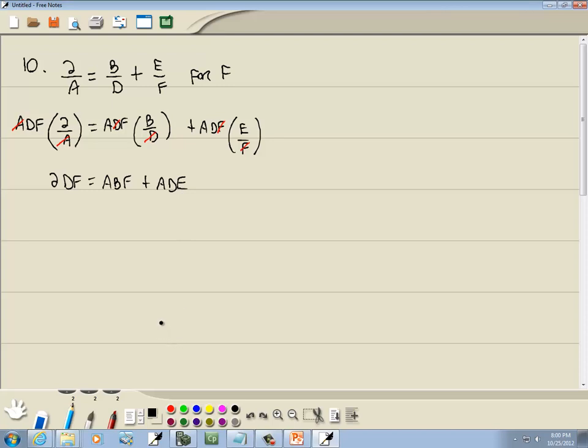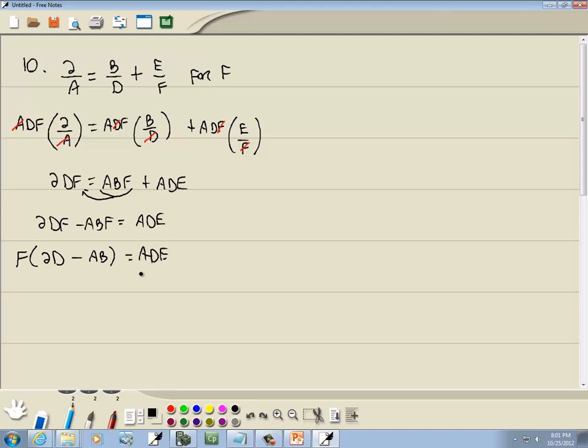Now we're solving for F, so we want to get everything with an F on one side, everything else on the other side. So I'll take the ABF over the left side. So we got 2DF minus ABF equals ADE. Step 4. If the variable you're solving for is in two or more terms, factor out. It is in two terms. Terms are separated by pluses and minuses. So we're going to factor out an f. And that gives us f times 2d minus ab